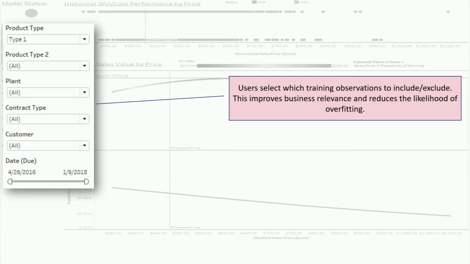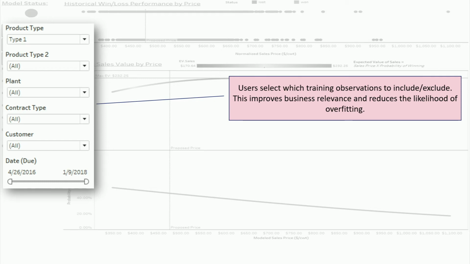And as I was talking about the features of steel, they're choosing, hey, it's this product type, this deeper level product type. Maybe the contract type has an influence. If we've got enough data, let's do this analysis for a specific customer. Our plants are geographically a little bit dispersed, so by choosing the manufacturing location, if it's a competitive product in that particular region, then they may want to just look at historical data that comes out of that particular region,